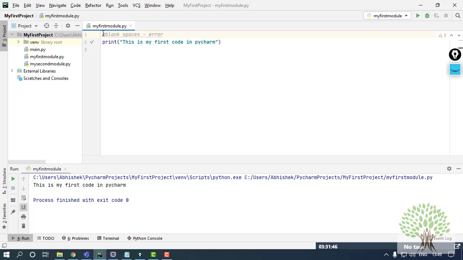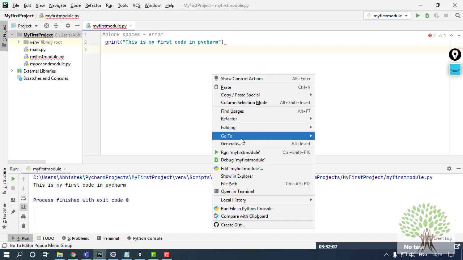For example, over here in the print statement, there is nowhere I want a blank space, not before the margin or before the print statement. But still, for my satisfaction, I give a blank space like this. So it's going to give me an error. What error? I'll show you.